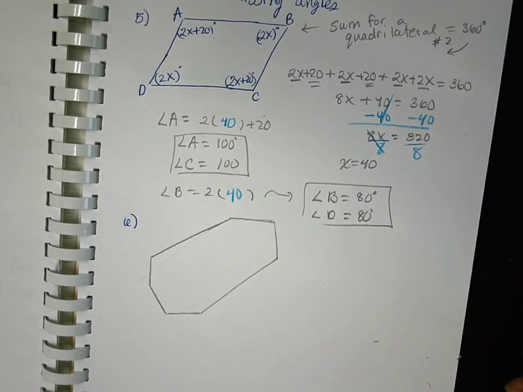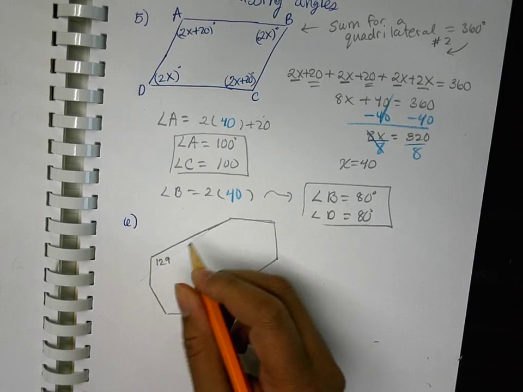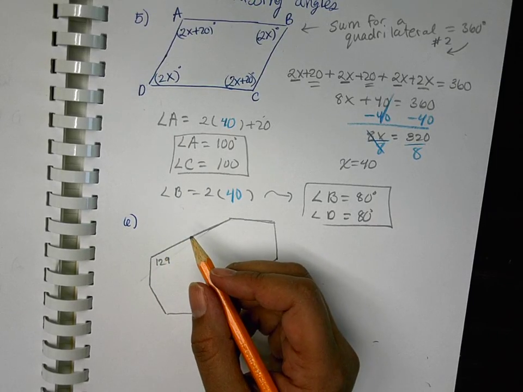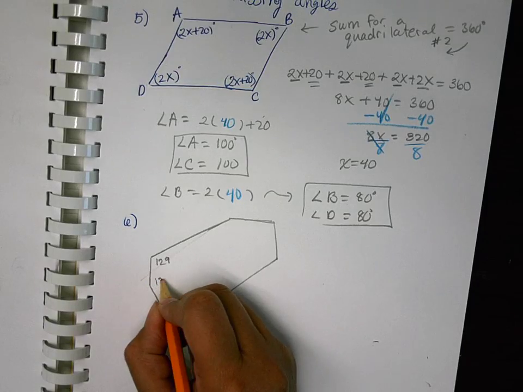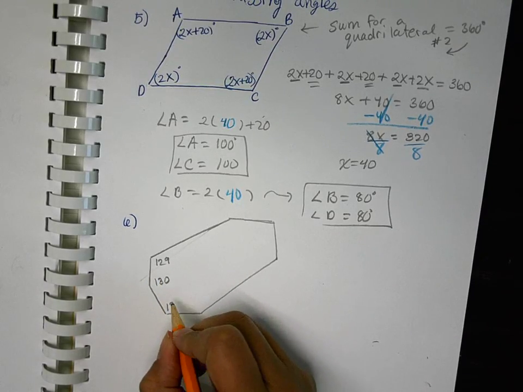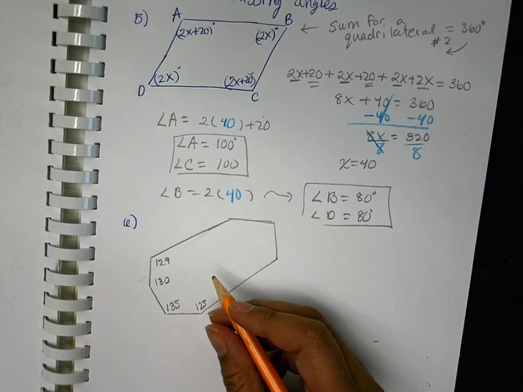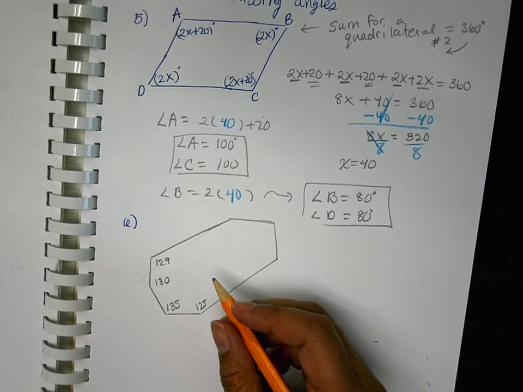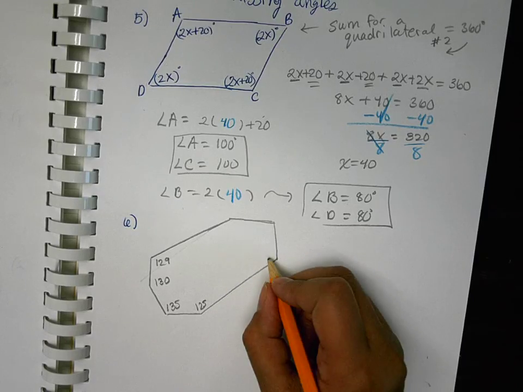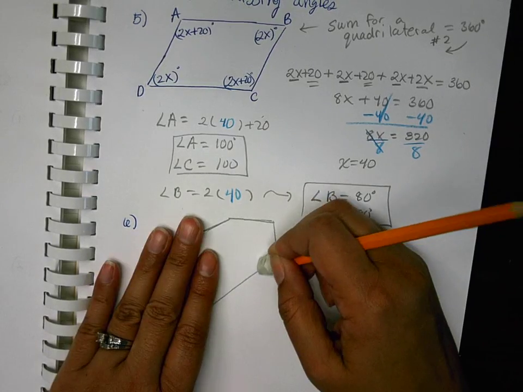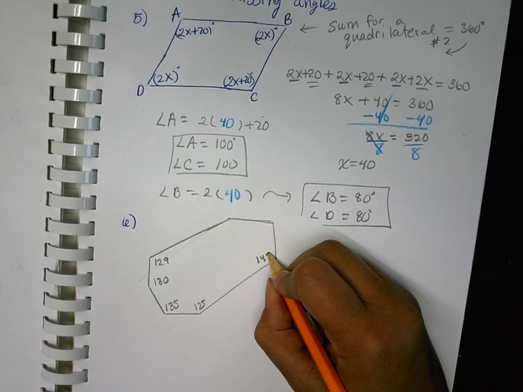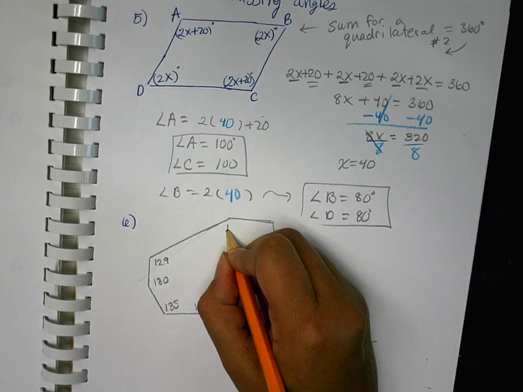Alright, a regular polygon is when all sides are equal. Is this a regular polygon? No. Okay, I'm going to put my measures in there. This is 129. This is 130. 135. 125. 145, 116,